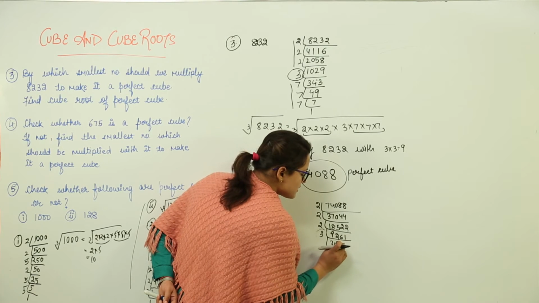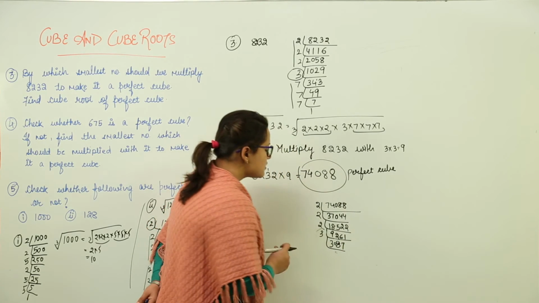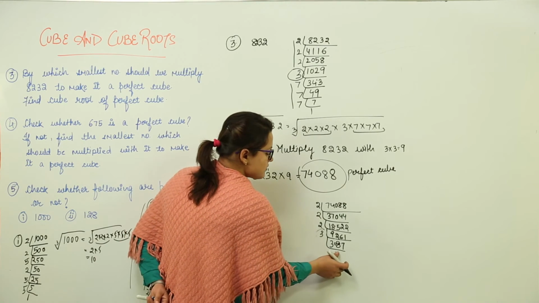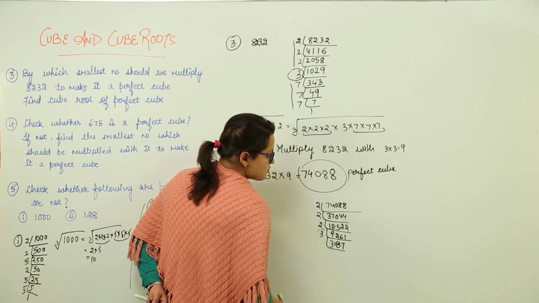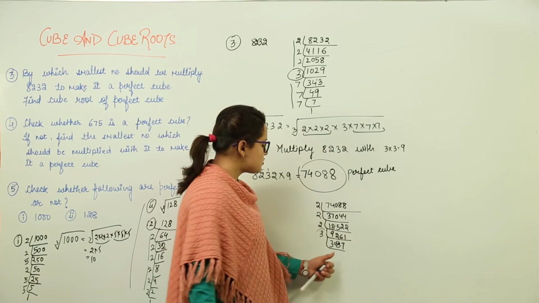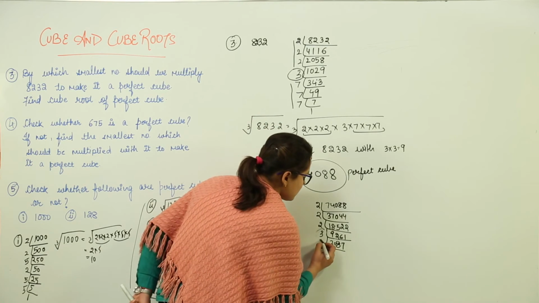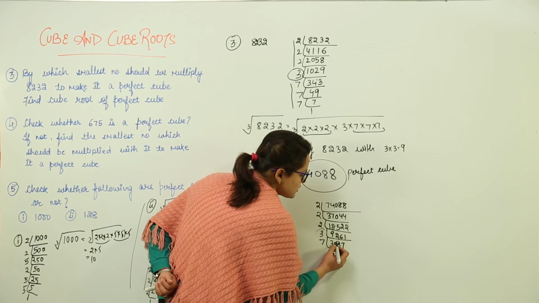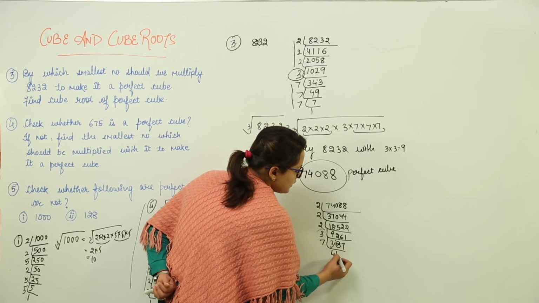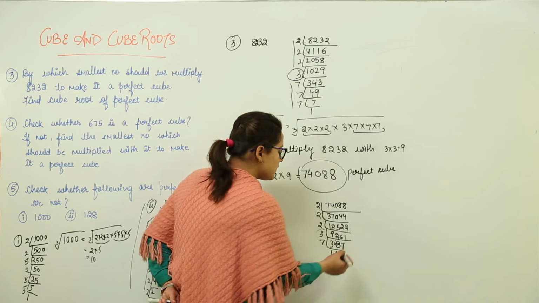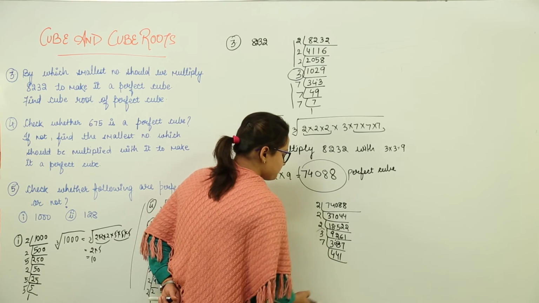Again, we have a 7 over here. Let us check for 7 only. 7 1s are 7, 7 3s are 21, 7 2s are 14, 7 3s are 21, 7 4s are 28. Again, yes, it can go. Why? Because 7 4s is 28, we are left with 2, 2 and 8 again 28, 7 4s is 28 and the last 7 will go with 7.